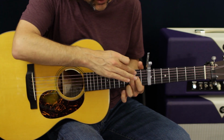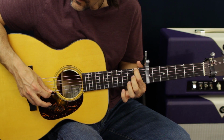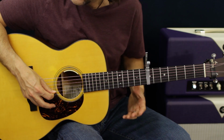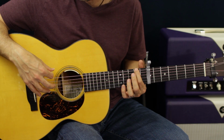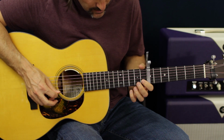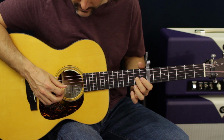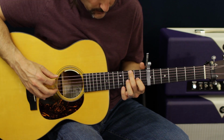And then I'm going to switch these 2 fingers around for the next part. And then after that, I'm just going to take my first finger off and do the same thing. So it's a repeating lick on the G string, and we're just moving the bass note around here. Now after you do that the first time around, it does a... So that's going to be the 1st fret B, open, back to the 2nd fret G, and then go through the riff again. So really slowly we got...